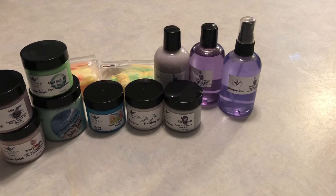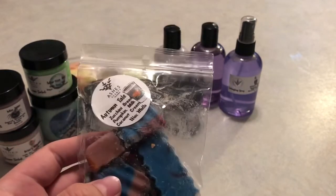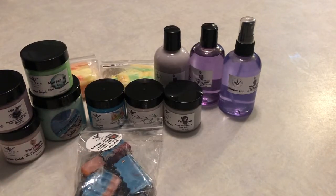I am getting more of that hint of spice zucchini bread. This isn't red hot zucchini bread, and this also isn't like a creamy zucchini bread. But I am starting to pick up a little bit more pumpkin and zucchini bread as it's been sitting, but the main note I'm still picking up is that coconut like suntan lotion. So I am still gonna melt it and see what it's like then. I already cut it up so it looks really gross. Not gross, but it doesn't look as pretty as my other ones I was able to keep together. But I will still melt it and see what it's like when I actually get it on the melter, but so far